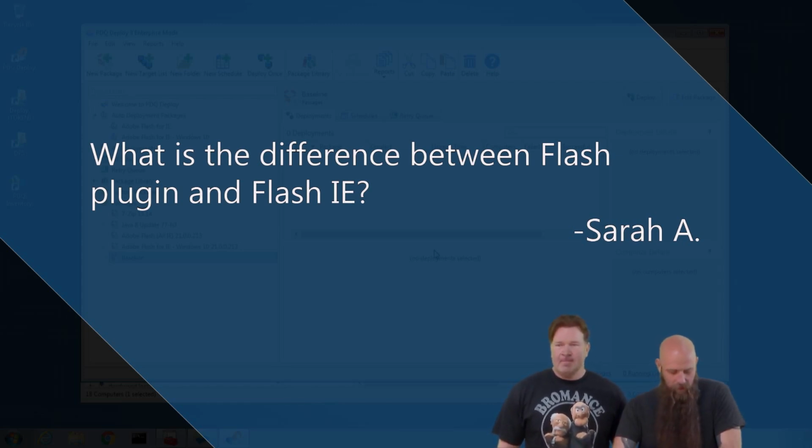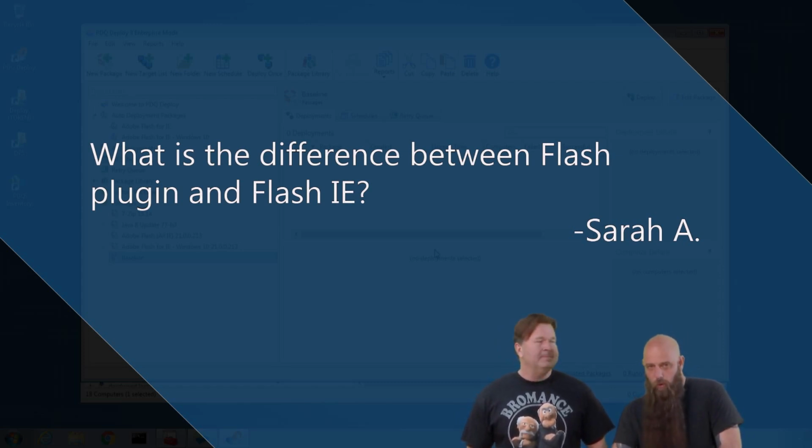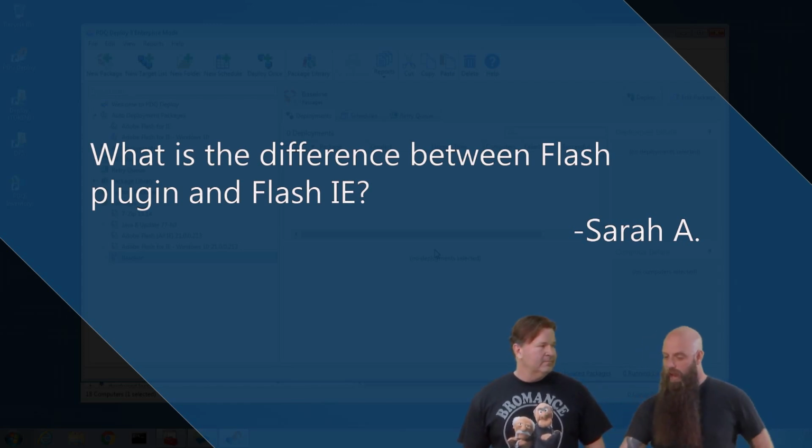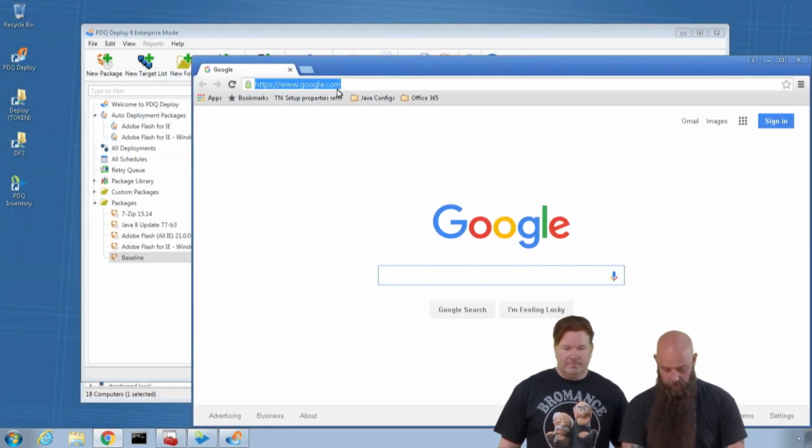Yes, from Chrome. So when Chrome first came out, it used the plugin, and then in August of 2013, they pulled it and they licensed what's known as Pepperflash or PPAPI. They licensed that, and if you actually come over here to Adobe's site,